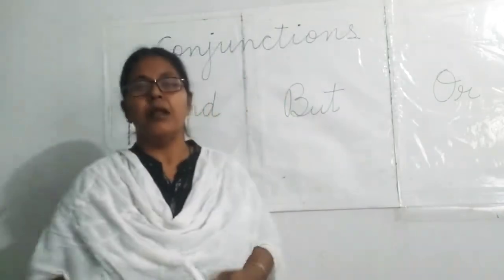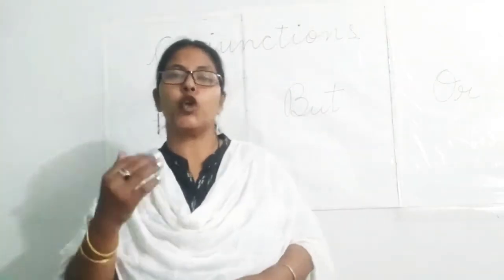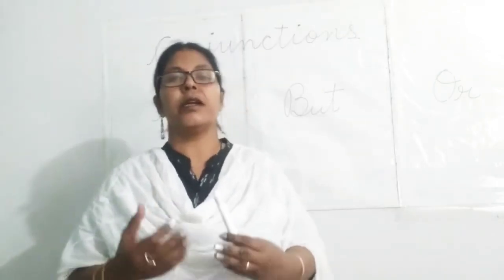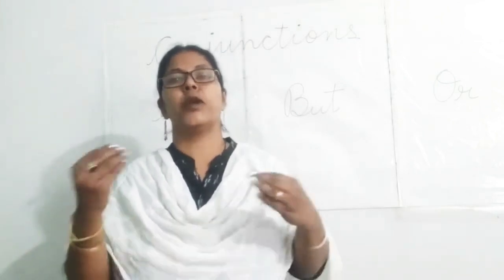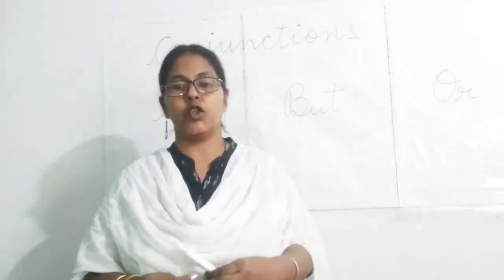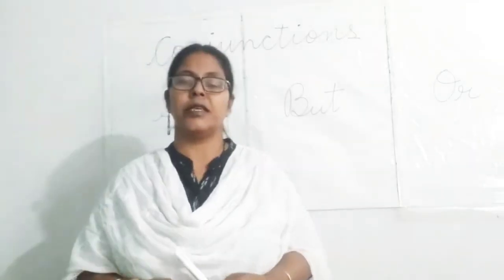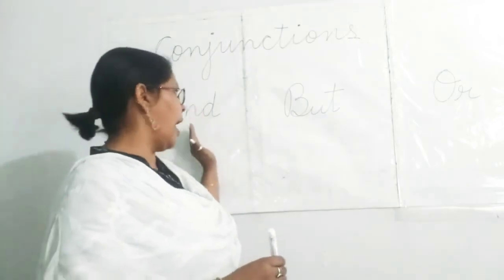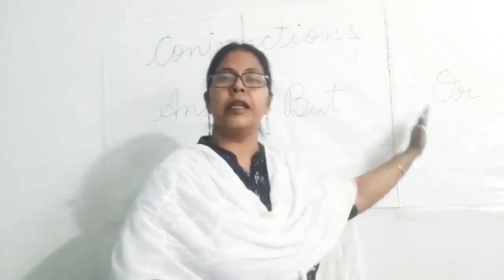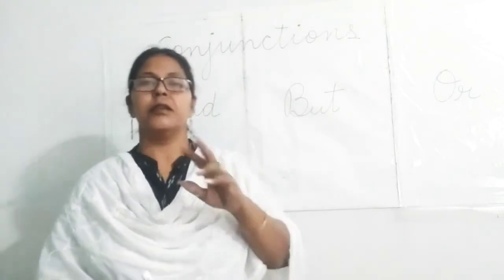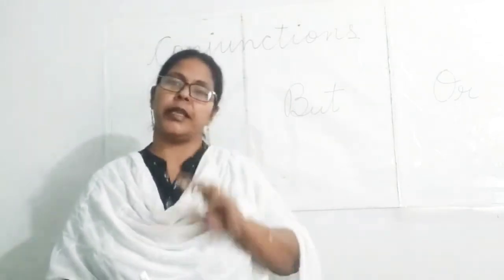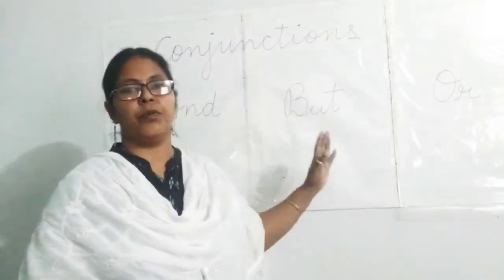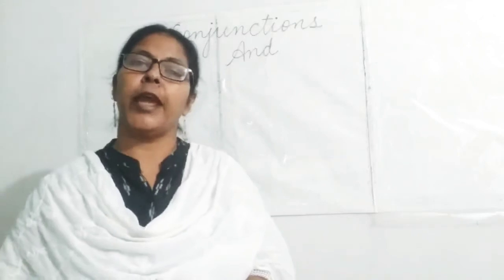Okay. A conjunction connects or joins words or groups of words or short sentences. So conjunctions help us to connect or join words or groups of words or short sentences. So children, I am going to tell you how and, but, or can help us to join sentences and make them into a single one. Okay, so I'm going to tell you about these one at a time. First I'll tell you about and.